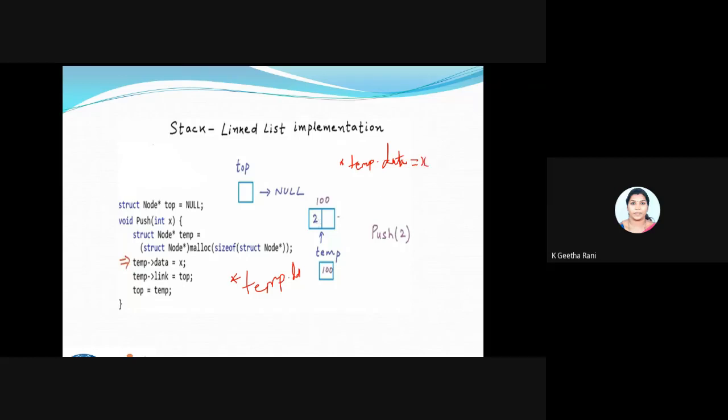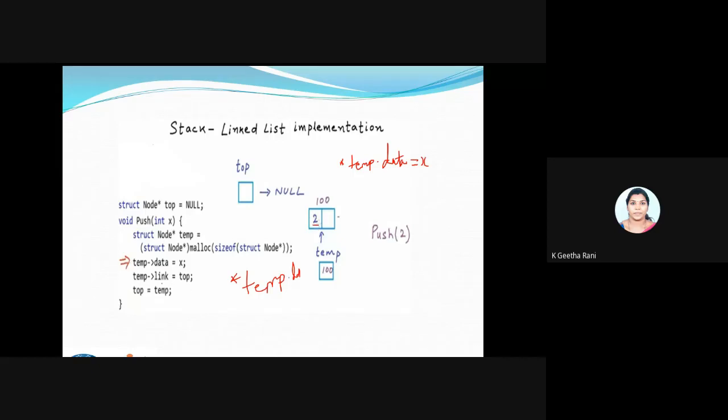But we have a standard way of using this, this arrow symbol. So temp is a pointer variable which is going to dereference the values. For this, I'm using this arrow. It's going to dereference the pointer variable. So here I'm using temp arrow data. So temp's data will be having a value of 2. That is my first line.